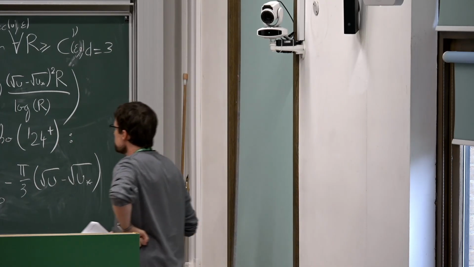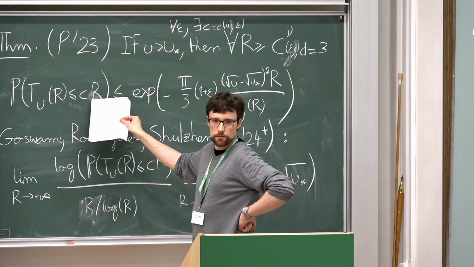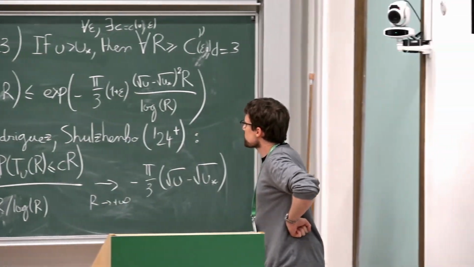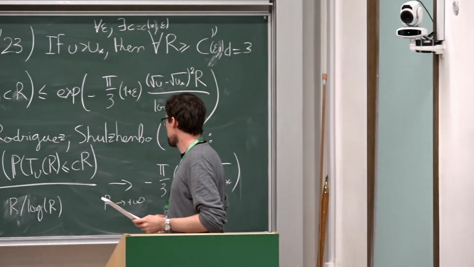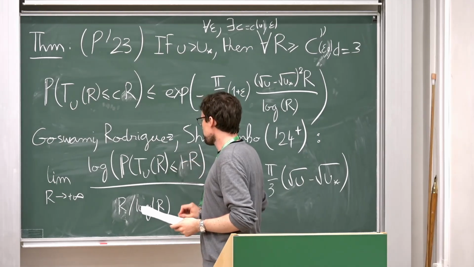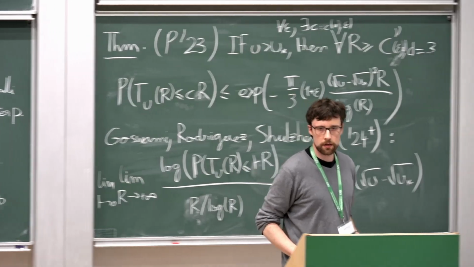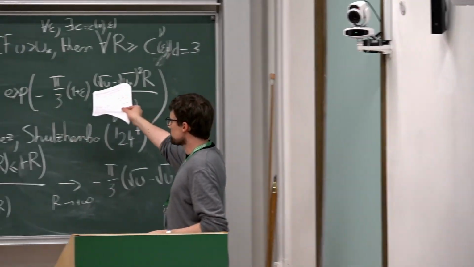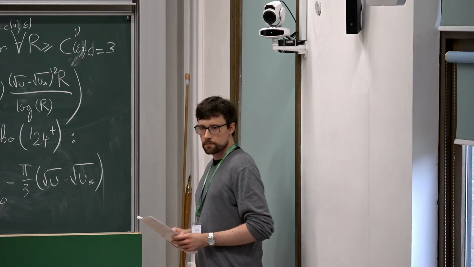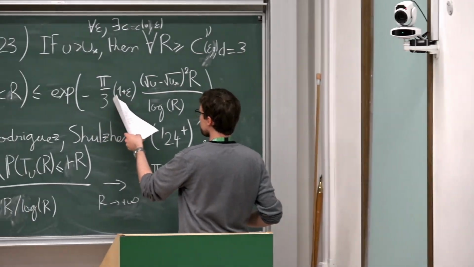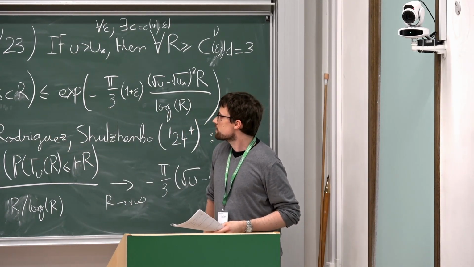Well, it does depend on C in the sense that here I have an epsilon and I need to make C small enough depending on epsilon. Yeah, you're right, there is a limit missing here. You need to take a T here, something like that, and take a limit as T goes to 0. Otherwise you have a 1 plus epsilon left over. So it does depend in the sense that if you want the right constant, you need to make C small enough. But this is only for the upper bound.